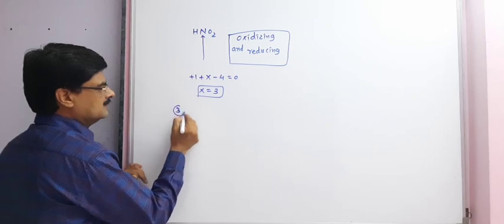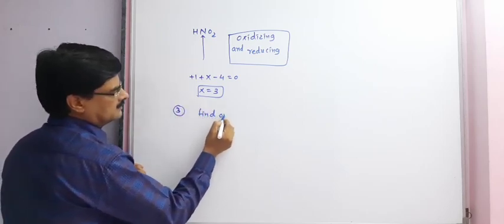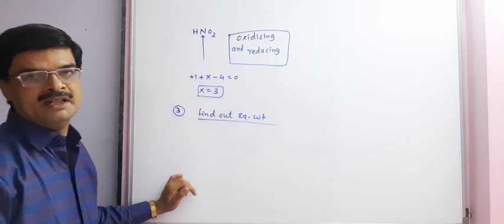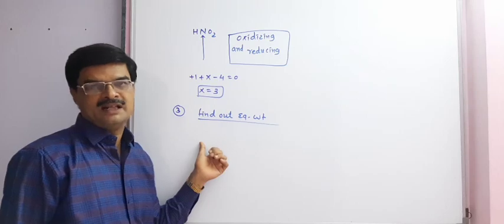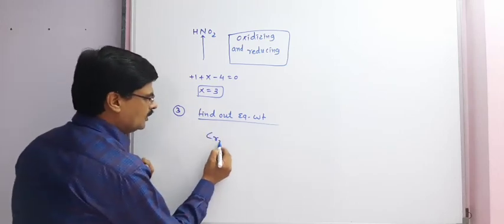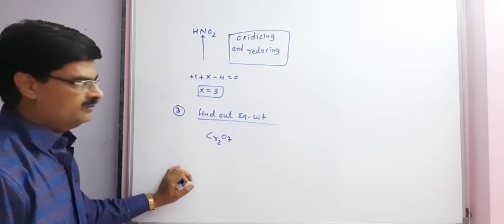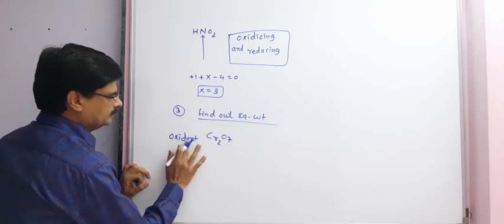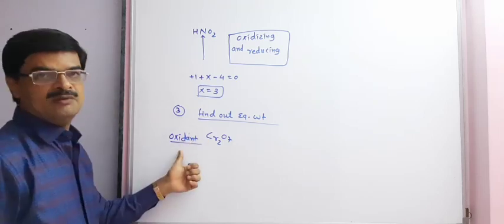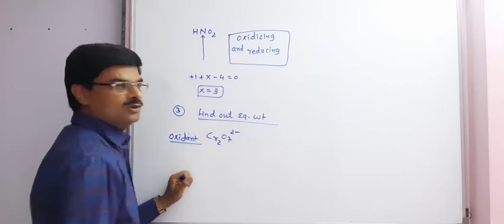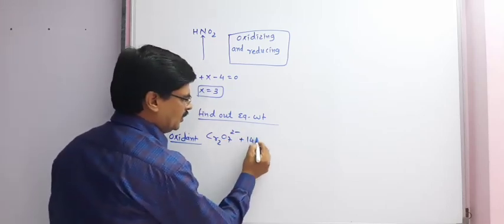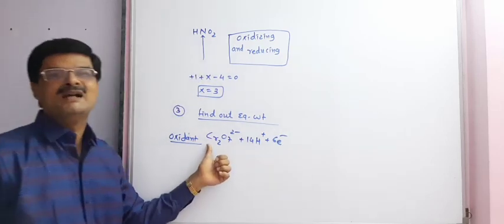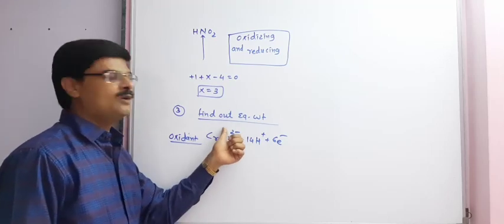Next point, find out equivalent weight of oxidant as well as reductant. For Cr2O7 in acidic medium, when it behaves as oxidant, Cr2O7 2 minus ion plus 14H plus plus 6 electrons, this is actually the balanced equation of dichromate ion in